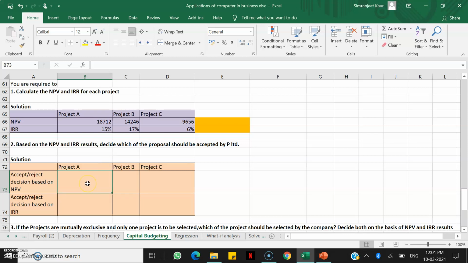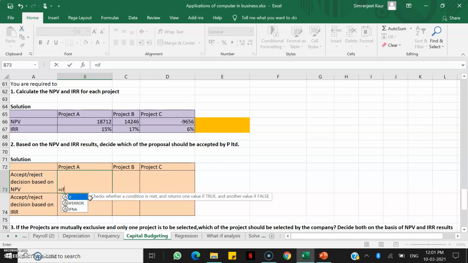Project A, we will accept if this NPV is greater than 0, right? So let me use my IF function. I will write that if this value is greater than 0, then write accept, otherwise write reject. Bracket close, press enter.